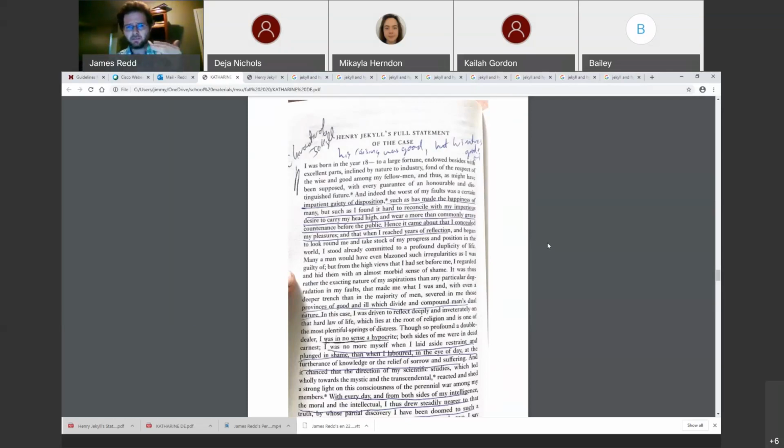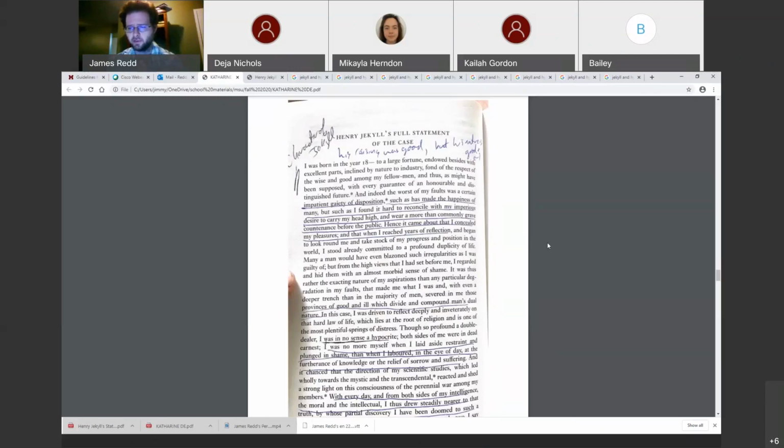And he says, "And indeed, the worst of my faults was a certain impatient gaiety of disposition, such as made the happiness of many, but such as I found it hard to reconcile with my imperious desire to carry my head high and wear a more than commonly grave countenance before the public. Hence it came about that I concealed my pleasures,